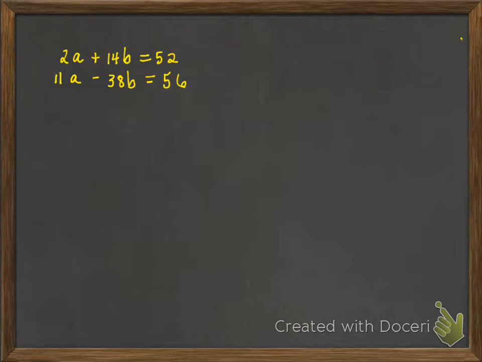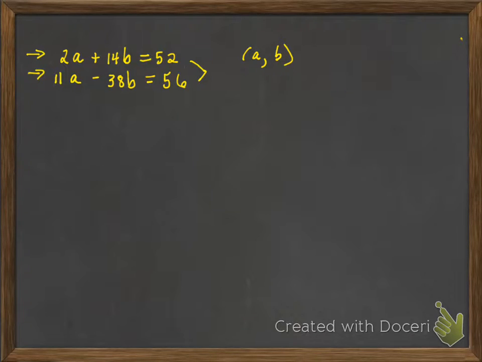Okay, you're trying to find the a value and the b value that satisfy both of these equations at the same time. It looks like they're using the elimination method, which means the goal is to add these two equations and eliminate one of the variables. What they're telling you to do is multiply the top by something and the bottom by something so that one of those variables is the same but opposite in sign, then you'll be able to